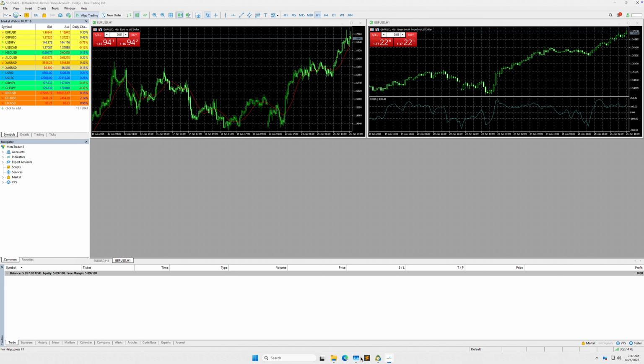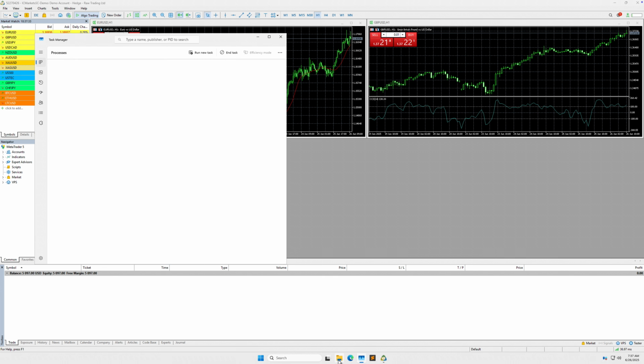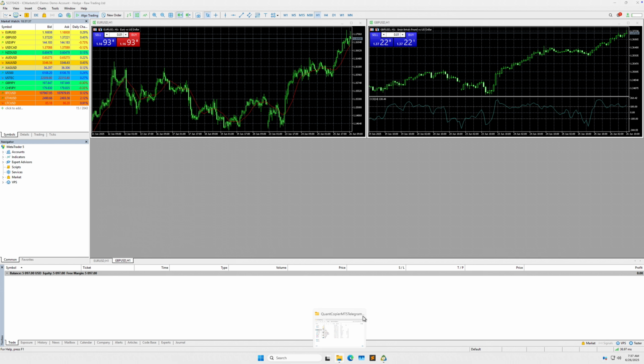After this, you can safely close the QuantCopier Telegram UI window. This will still keep the main trade copier software, that is the QuantCopier Telegram.exe program, running as a background process in your task manager. So let the trade copier run in the remote server and then exit the